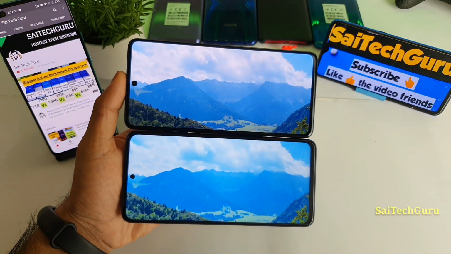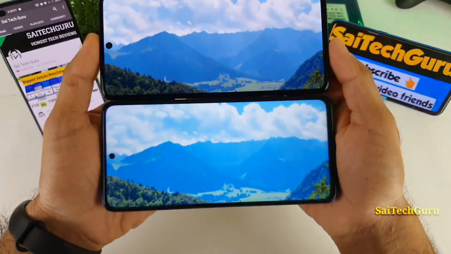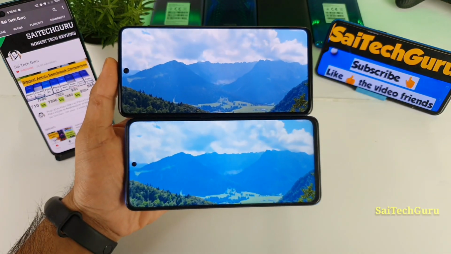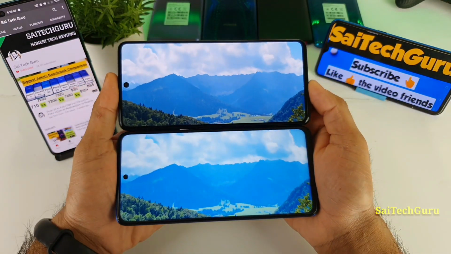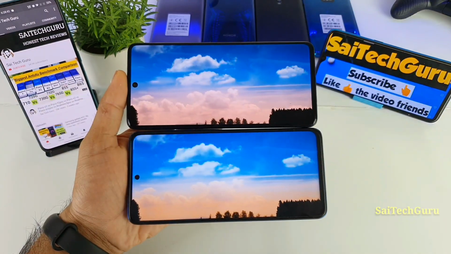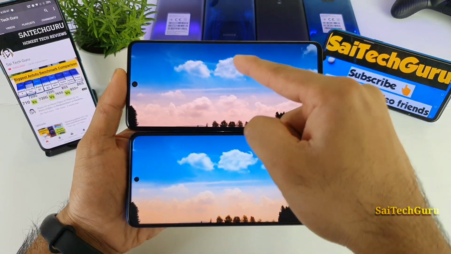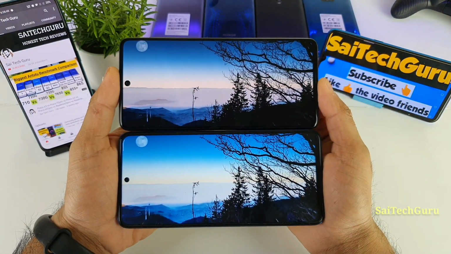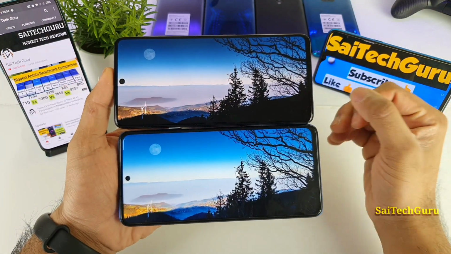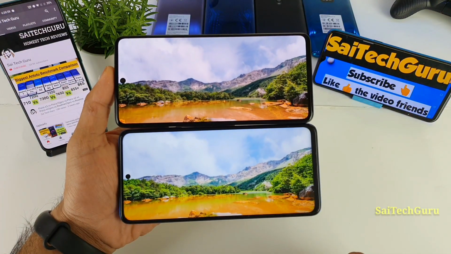Definitely, friends, if you want to experience this kind of display on the Poco X3, it's better to enable that option, enhancement visuals. I even did a video on that one, and if you want, I can do another video in depth explaining why it is useful and how much difference it makes. If you observe the sky, you can see how much bluer it is than the Super AMOLED panel. Whenever you want you can increase, and whenever you want you can decrease the colors easily, as you can see.